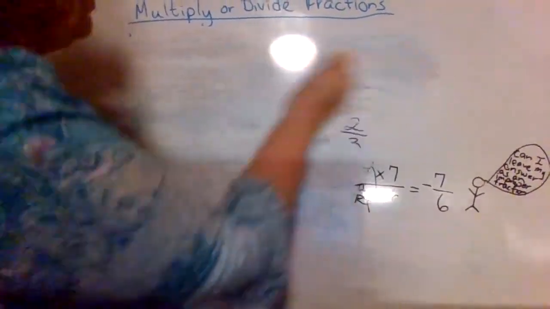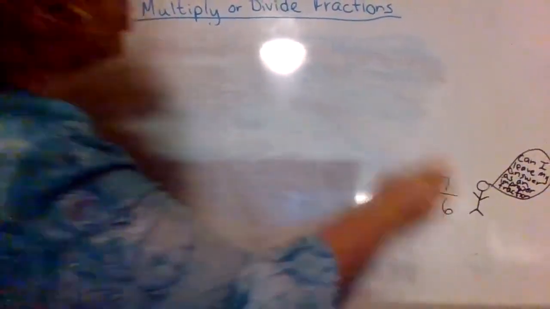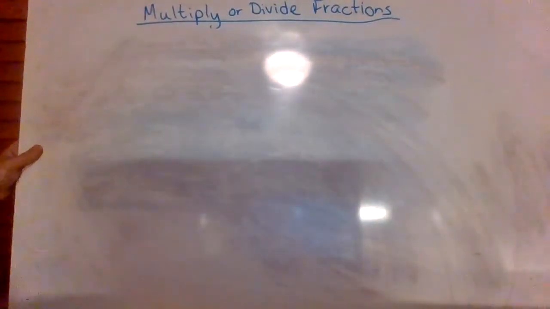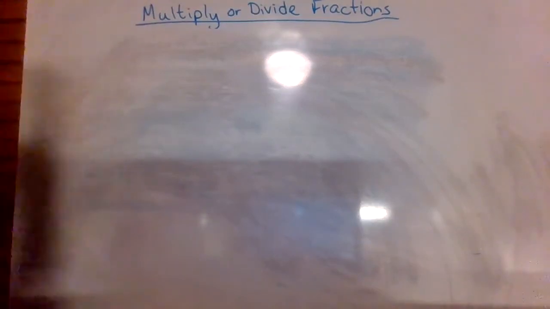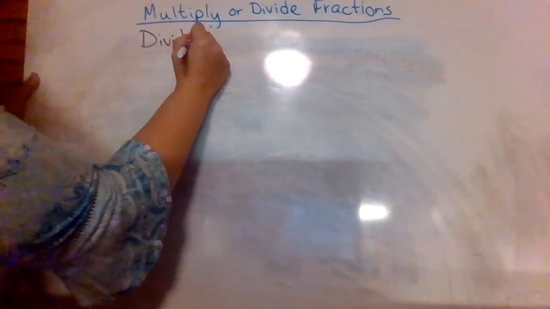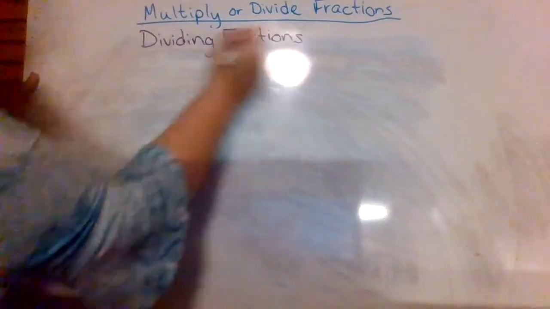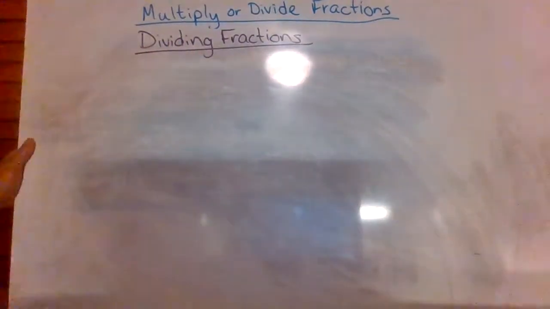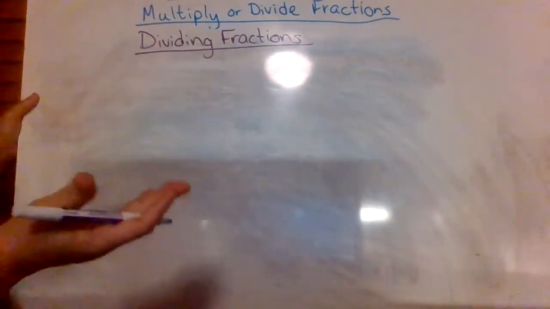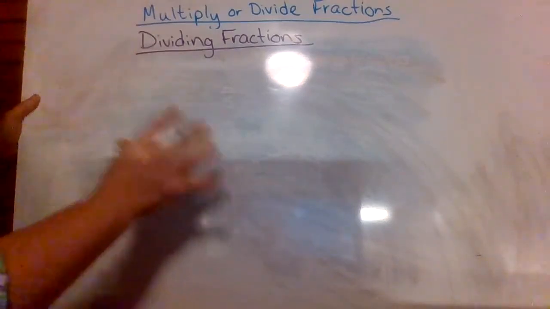Now, dividing fractions is almost identical to multiplying. There's just one little piece that flips on us, literally. It literally flips. So when we're talking about dividing fractions, you're going to convert any mixed numbers into improper fractions, just like we talked about already. Then, once you're done with that,